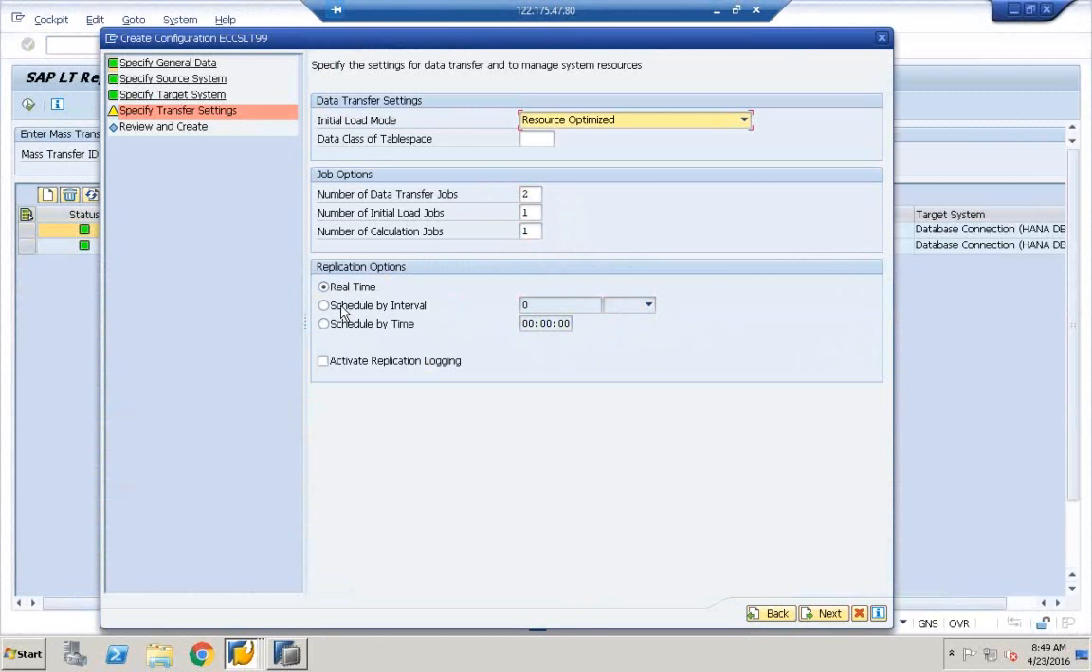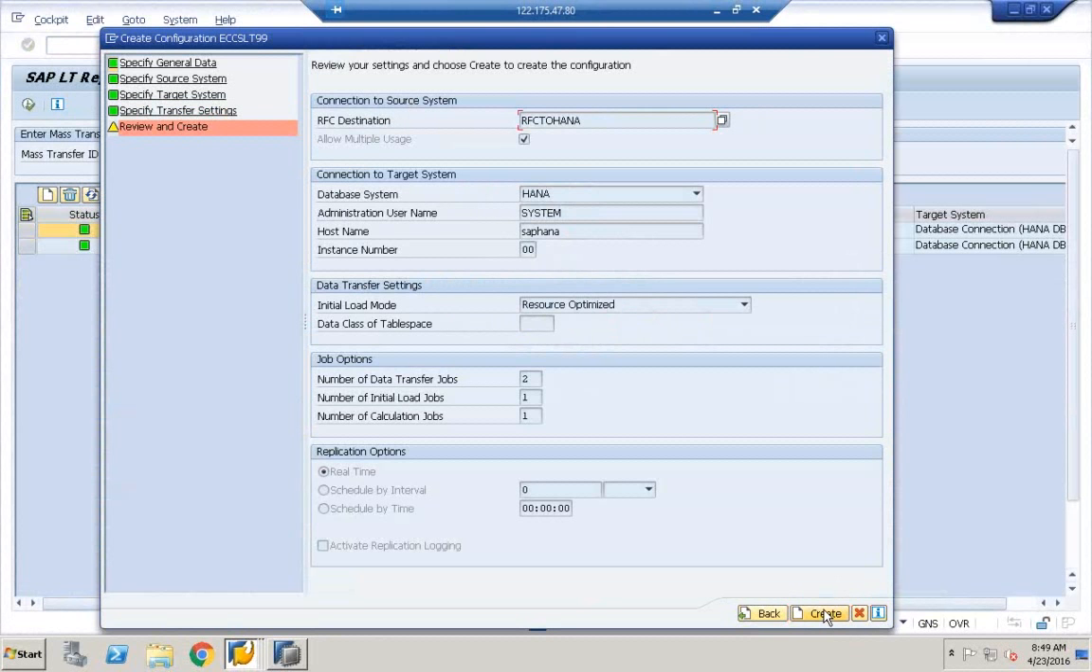So once we mention this configuration and finally click next, review your settings and choose create to create the configuration. So once we click create now, what is going to happen is